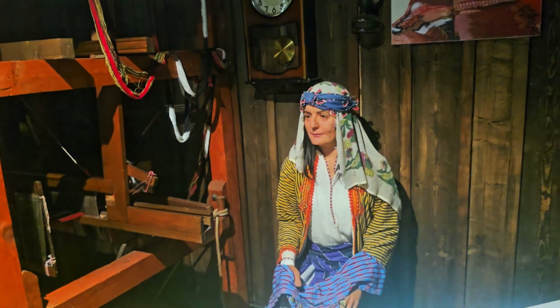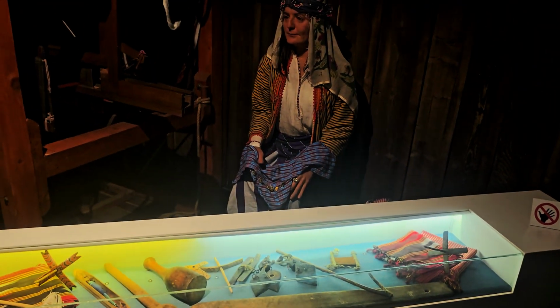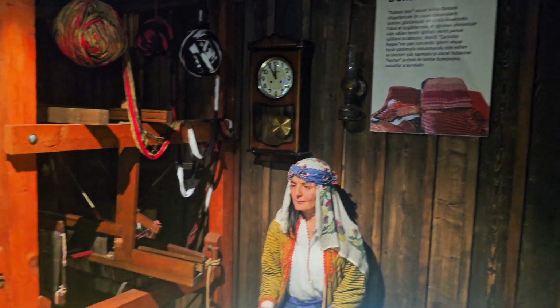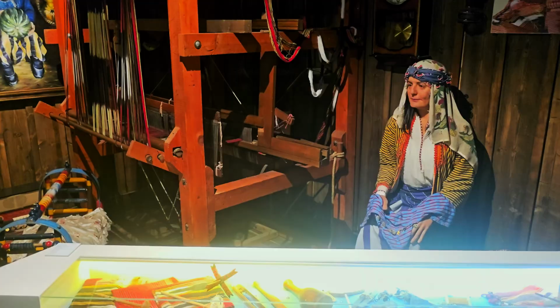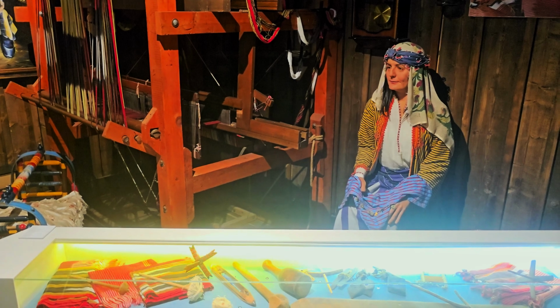Nearby, a mannequin dressed in traditional attire watches over the exhibit. Her clothing is a striking combination of vibrant stripes and floral patterns, with a headscarf adorned with beads. This figure represents the skilled weavers who once filled homes with handcrafted textiles, working tirelessly to create items that were both functional and artistic. The tools displayed in front of her include spindles, shuttlecocks, and other instruments essential to the